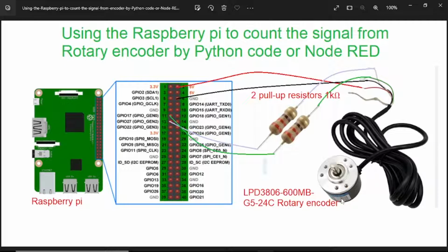Here the wire connections. Rotary encoder connects to Raspberry Pi. Power connects to 5 voltage power on Raspberry Pi. Ground connects to ground on Raspberry Pi. We need a pull-up resistor, 1 kilo ohm, here in series with AB phase and connects to GPIO 17 and GPIO 27. Now we go to the Raspberry Pi to write the Python code